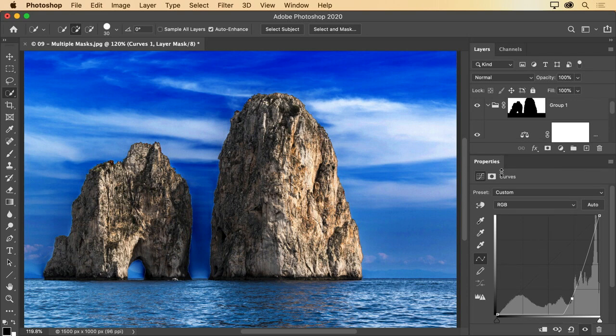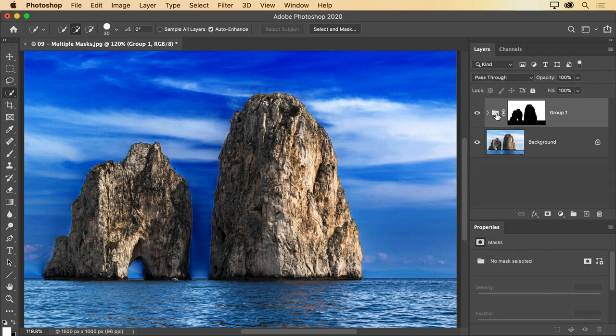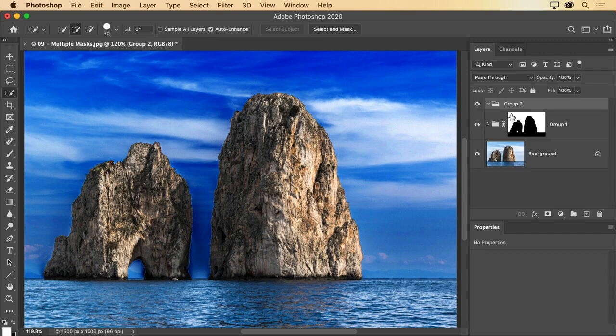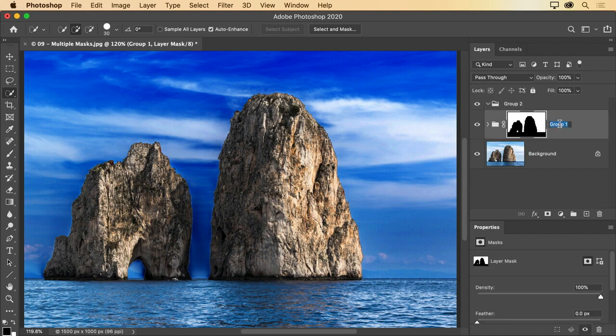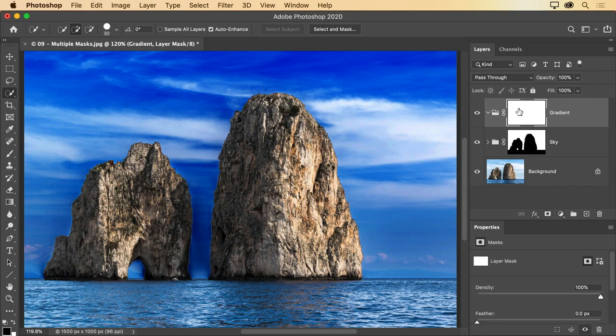And now let's consider that I might want my adjustment to taper off from the top to the bottom. So now I actually want perhaps a gradient layer mask. Well, we probably understand the basic concepts involved here, and so I'll go ahead and collapse that group. I'm going to make another group, so let's call the first group Sky, and the second group will be Gradient. And I could add a layer mask to the layer group, and then I could choose the Gradient tool from